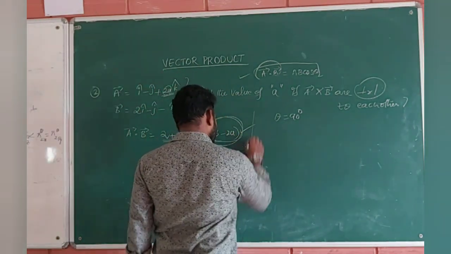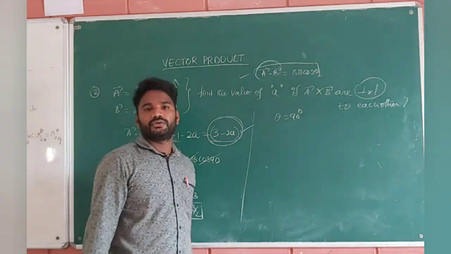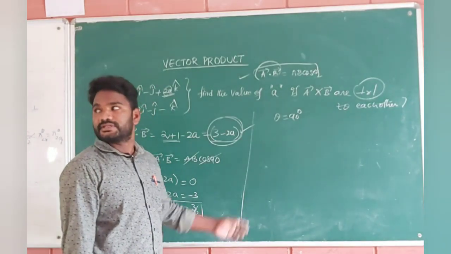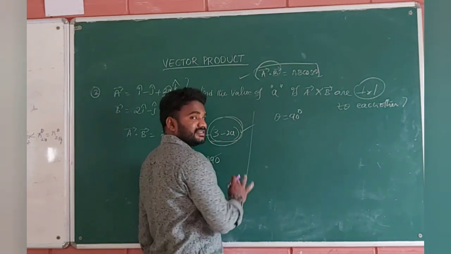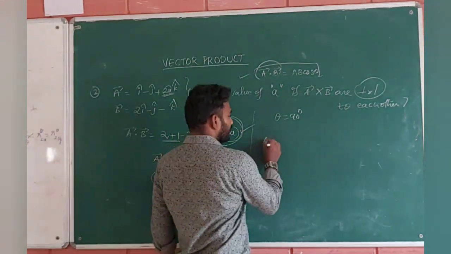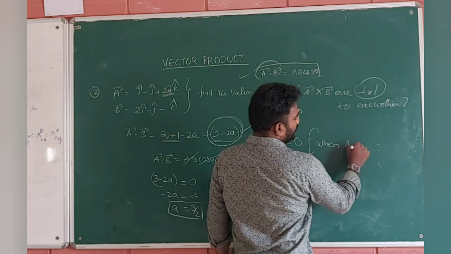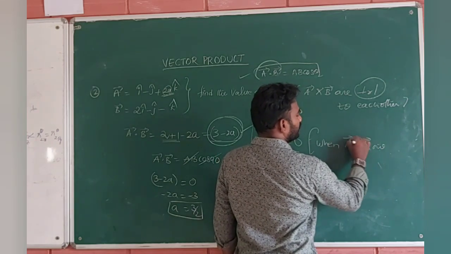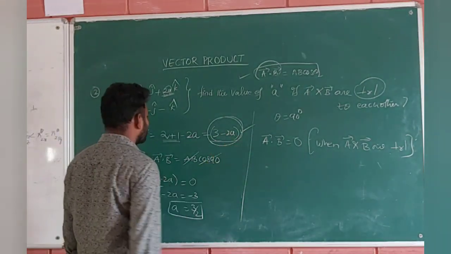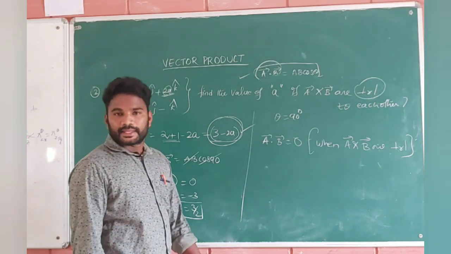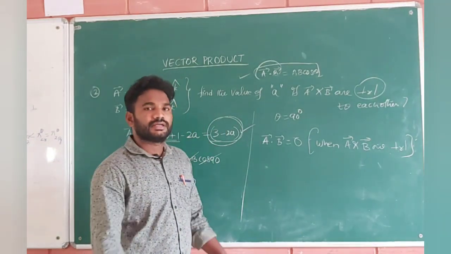These questions are very important in maths also. They will ask different kinds of questions here. They will ask you to find the a value or k value or some constant value. So this is the way to find the value when they give this kind of problem. So what is the realization in this? What we have to consider here: A bar dot B bar is equal to 0 when A and B are perpendicular vectors or orthogonal vectors, then A dot B will become 0. Guys, any doubts here? This is how we are doing the problems here, guys. So I hope you understand this dot product.